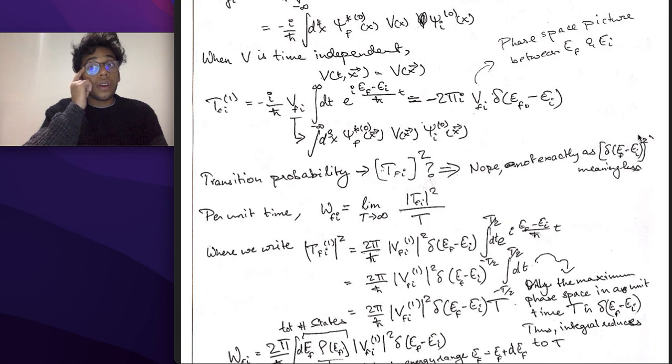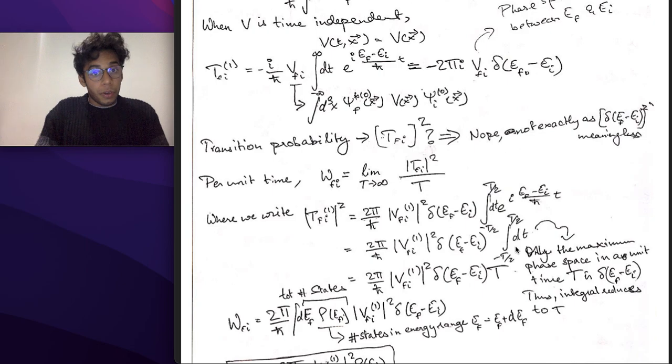It's like you're actually giving it infinite space to... Okay, we'll see. I can probably better explain it when we talk about the transition probability per unit time, which is given by WFI. It is the limit as t tends to infinity of